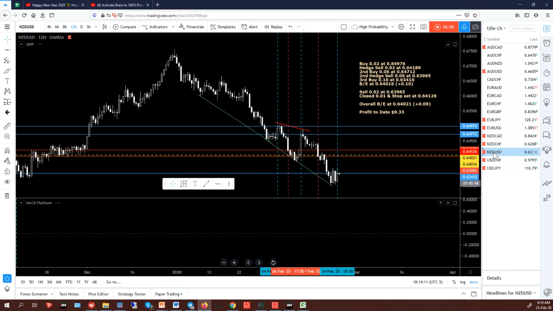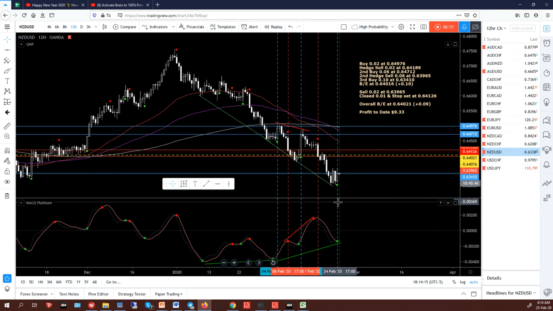New Zealand, what have we done here? Again, this is multiple sequences, so I've taken a buy, hedge, sell, second buy, hedge, sell. Now today I took a third buy in here on this level. I'm still in another individual trade on this sell trade here, which was on the second sequence, and that's got a stop in place. So I've taken a trade today. You can read it, third buy,